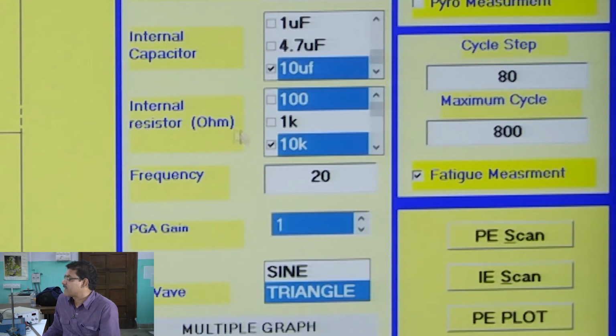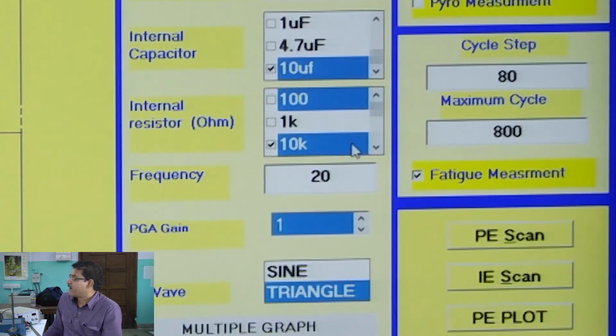in the circuit basically there will be internal resistance also, so one can choose that. Whatever is in the circuit, the C2 capacitor, we are choosing 10 microfarad, and that is coming in our calculation.